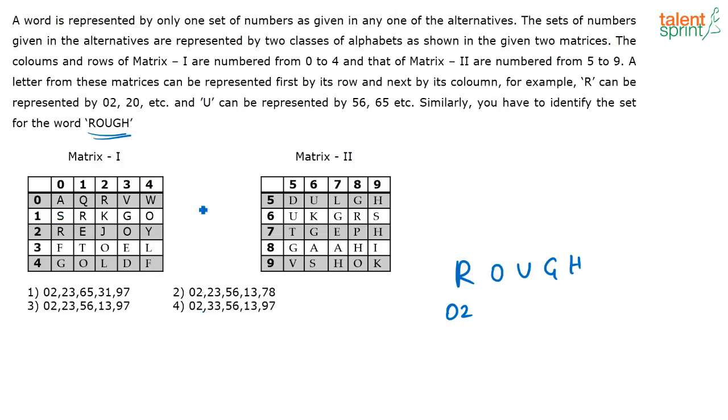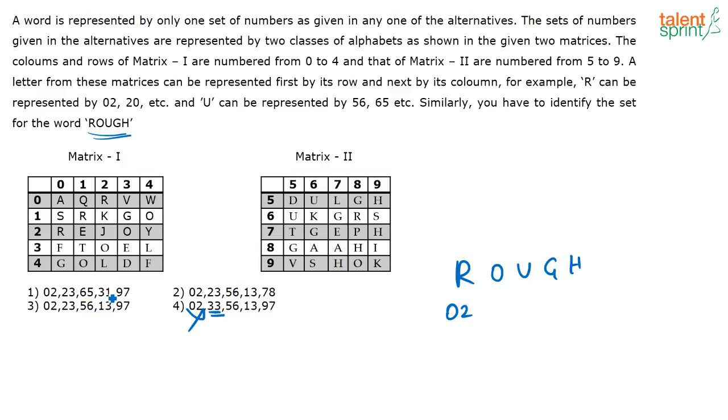Look at O. Where is O? O is here, correct? O can either be represented as 1, 4 or 2, 3 or 3, 2, correct? Can O be represented as 3, 3? No. So definitely this option is not true because here O is represented as 3, 3. So all the other options still hold good. Now look at the next letter. Next letter is U, correct? U is either 65 or 56. Again here U is 65, here 56. In these 2 cases it is 56. So that also seemed to be correct.